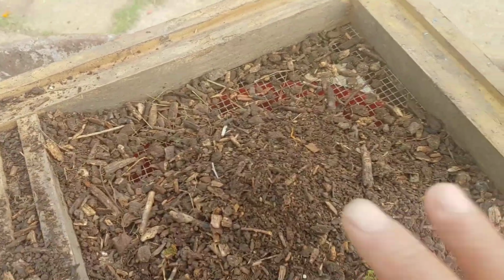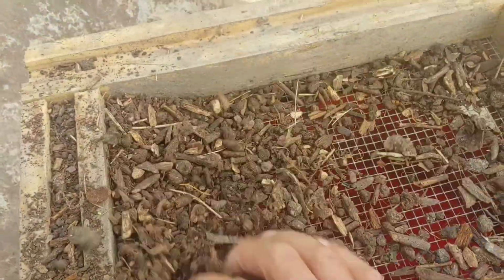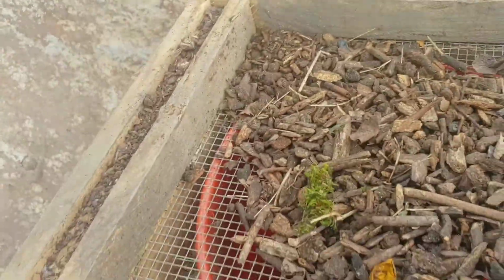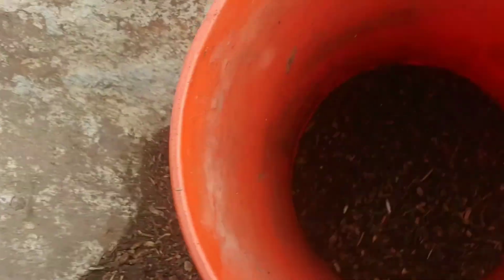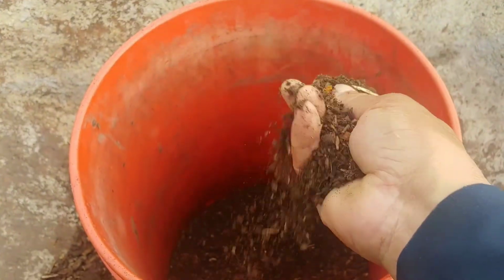I usually have a glove on, and it's my little sifter. I sift it out, you know, kind of shake it. Take this off of here and put this over in my wheelbarrow. Okay, now it comes to this fine soil here, and this is what I put in my cups when I do my transplanting, and that buys me some time,